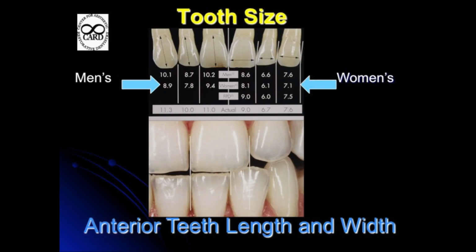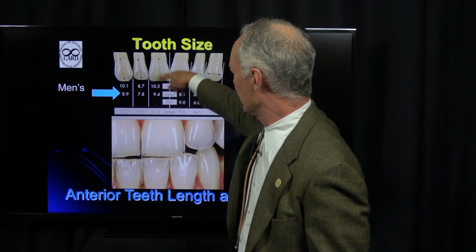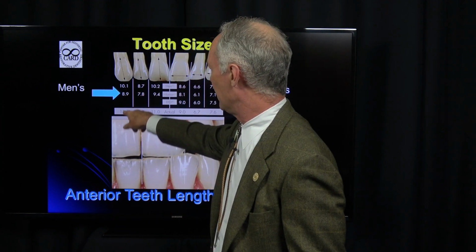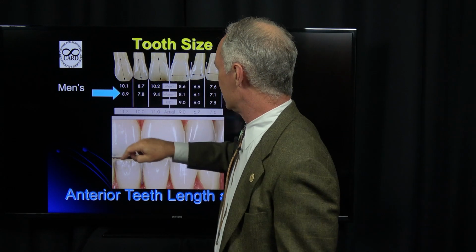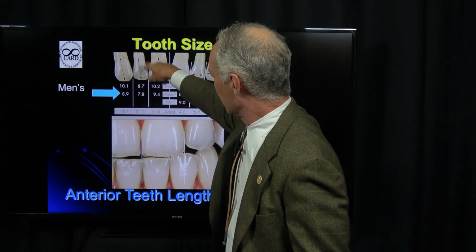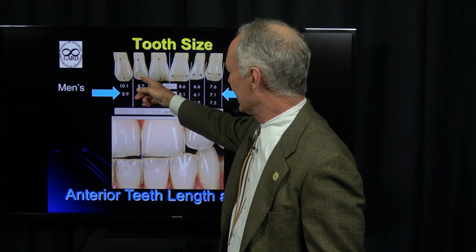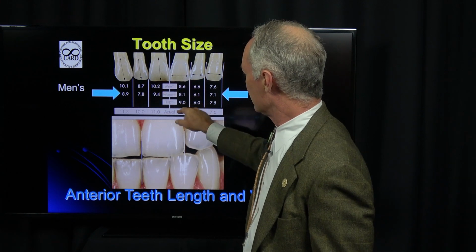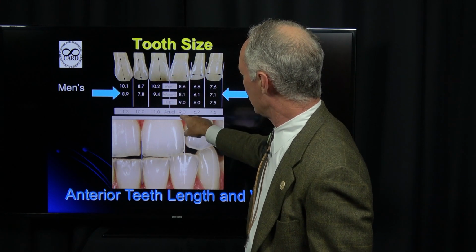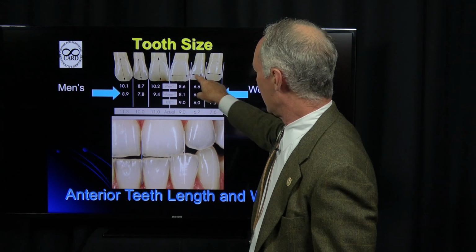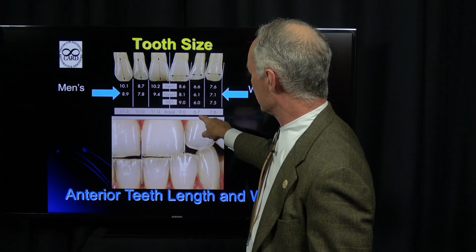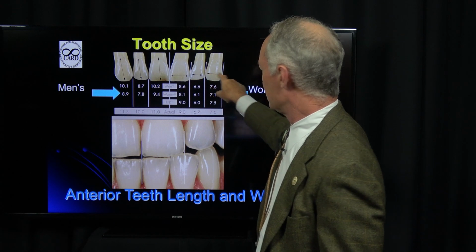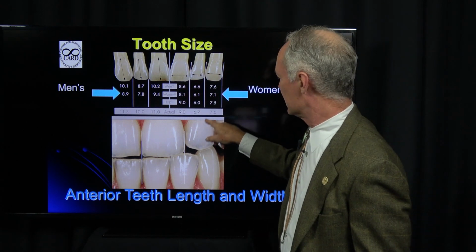These are the lengths and widths of the teeth. The average central incisor is about 11 millimeters long from CEJ to incisal edge. The average cuspid is also about 11 millimeters from CEJ to incisal edge. The average lateral incisor is about 9 to 10 millimeters incisal edge to CEJ. Width, the average central is about 9 millimeters. The average lateral incisor is about 6.7 to 7 millimeters, and the average cuspid from mesial to distal is about